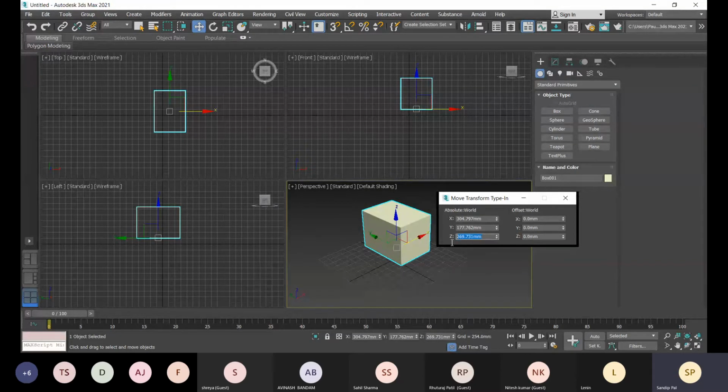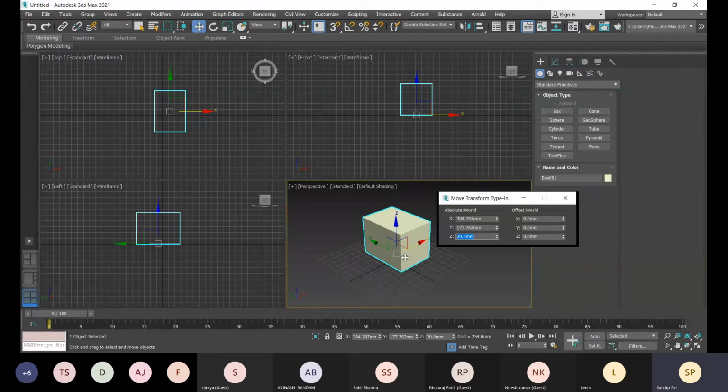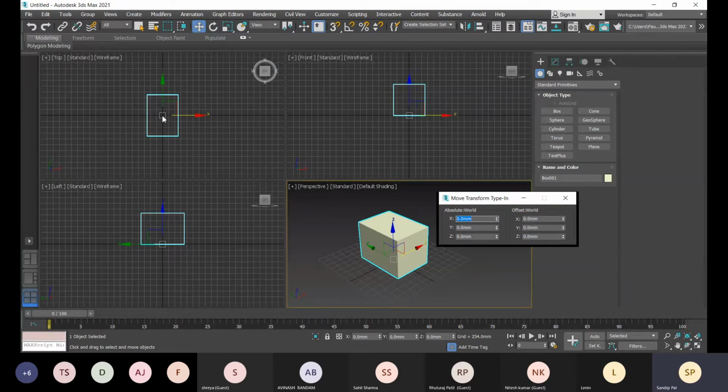But here if I press 20, see. Okay, so let me place it on the origin.